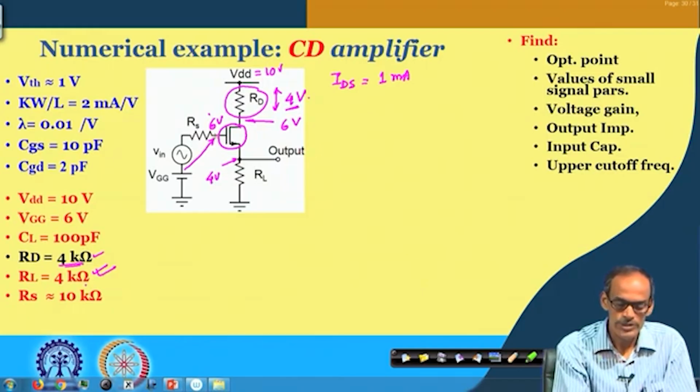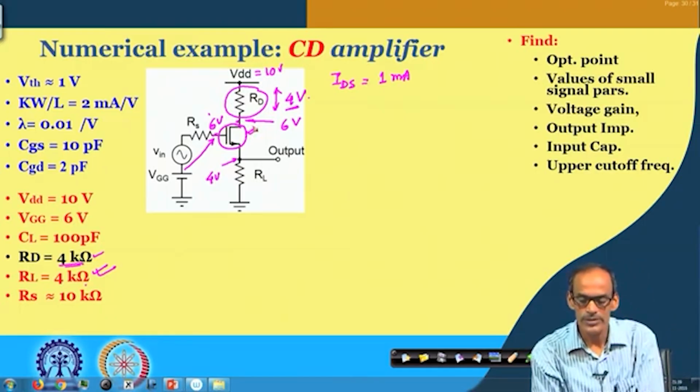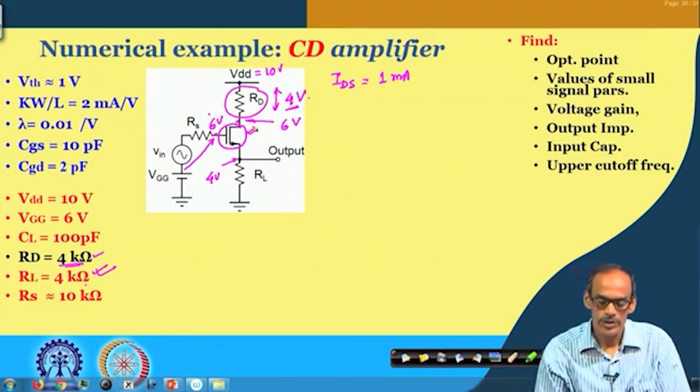So, we have 6 volt here, so that this transistor is still in the saturation region of operation. That makes the circuit still work as a good amplifier,